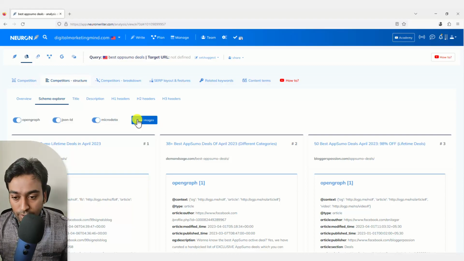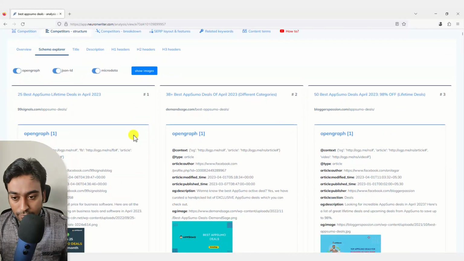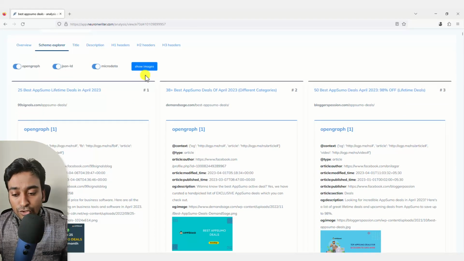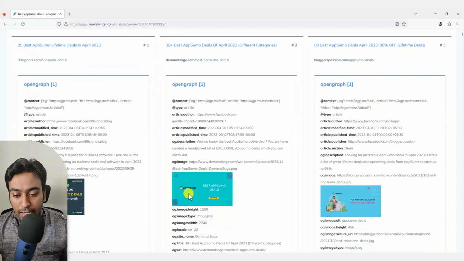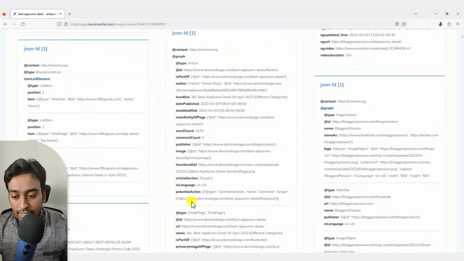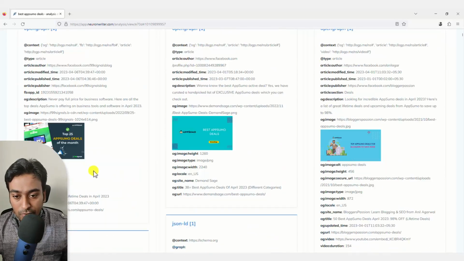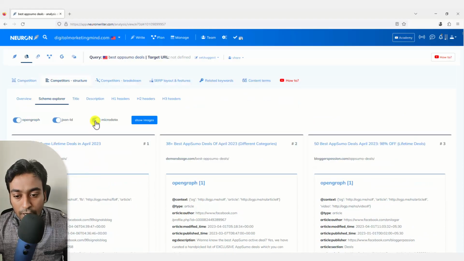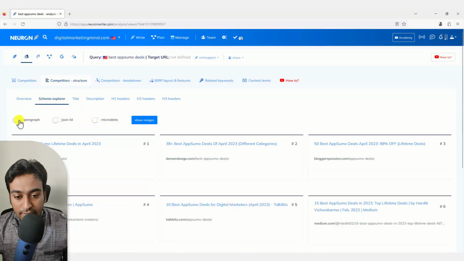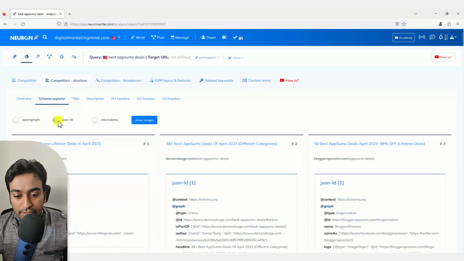Currently, I'm just showing you all the data available. When I click on show image, it will also show me the image of the particular schema web page. You can also disable any image data you don't want to see in the section below, and it will show only that particular data.